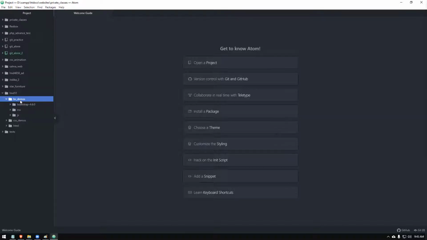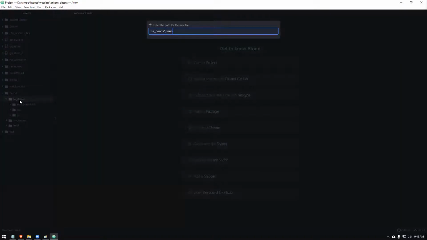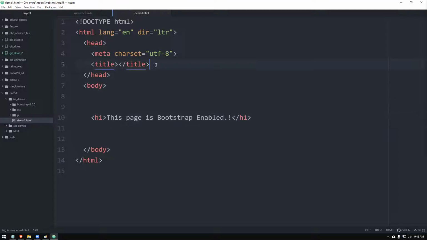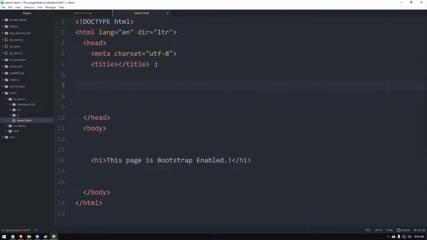I'm going to build a file, demo1.html. Let's create a blank HTML document, right? First of all, let me put a heading here. I'll say this page is Bootstrap enabled. Bootstrap enabled. Right. Inside the head tag, you need to attach a few things.